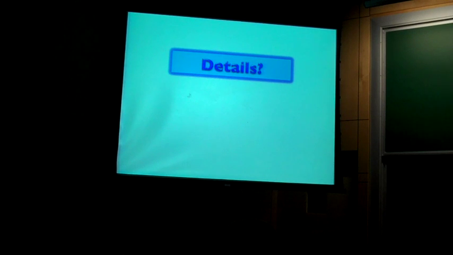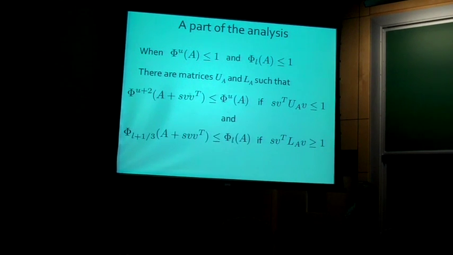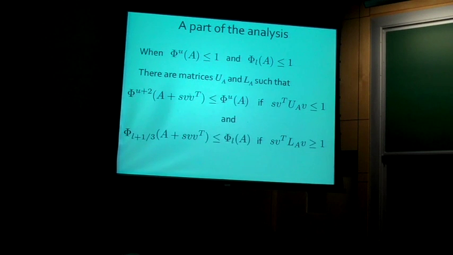Okay, I'm not going to do details, so let me tell you 2 parts of the analysis. To address the question of when you can add a vector times its transpose and S times that vector, it's a fairly elementary computation based on the trace formula for these potential functions. You use the Sherman-Morrison formula for how traces behave under rank 1 updates. So there's standard sort of things for how inverses behave.